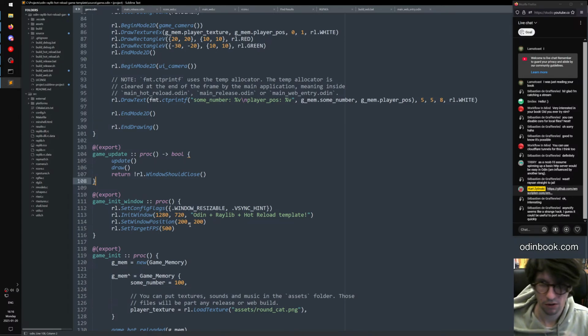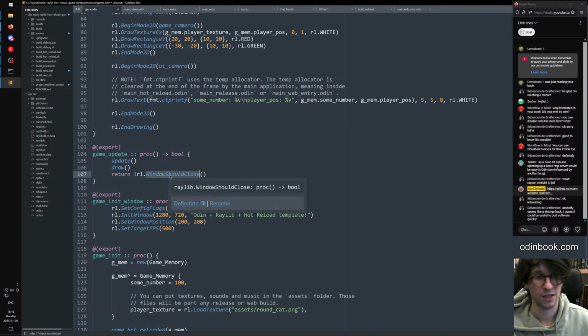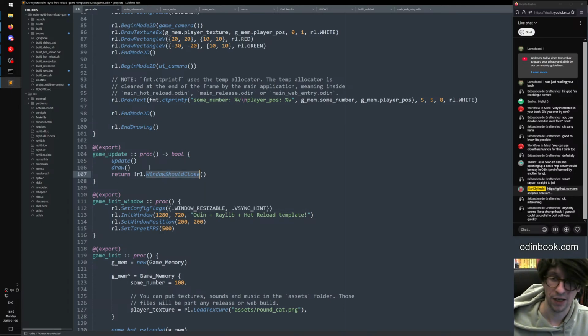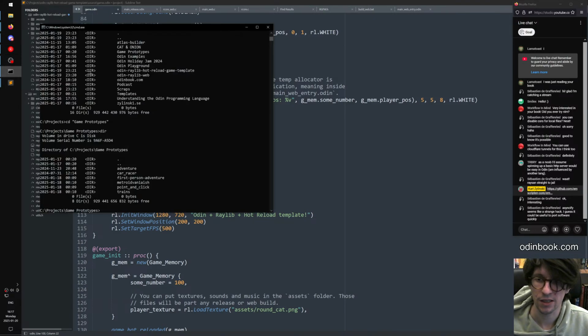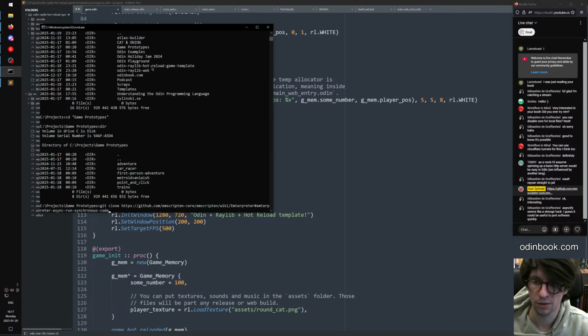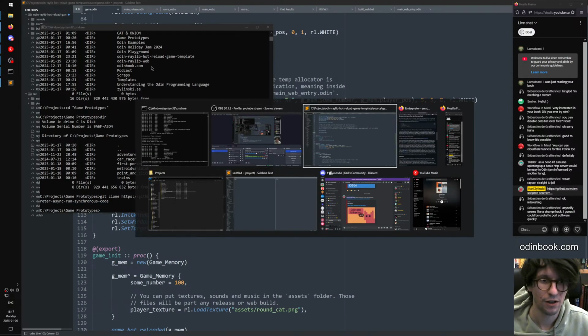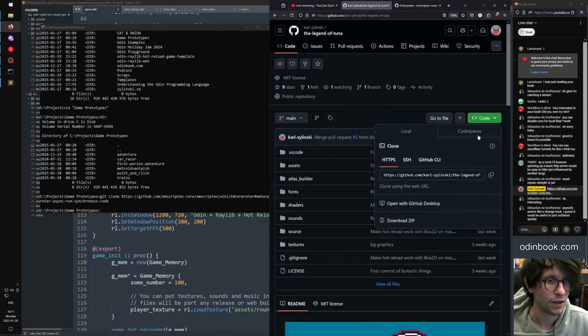So, anyways. That's the different thing. So we're doing the good thing, but we're also sleeping for no reason. This has been fixed in the master branch of Raylib, but I don't have that. So that's that. But let's check if this works nicely with Legend of Tuna. Git clone. Is this that? No. Let me clone my